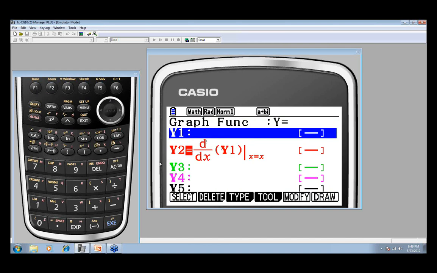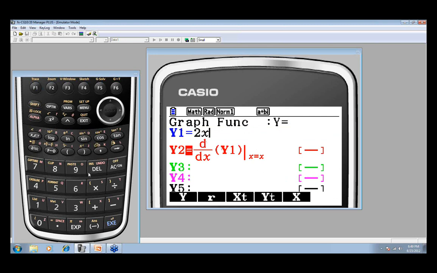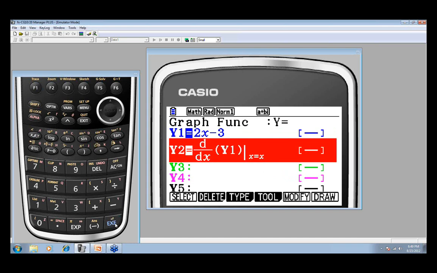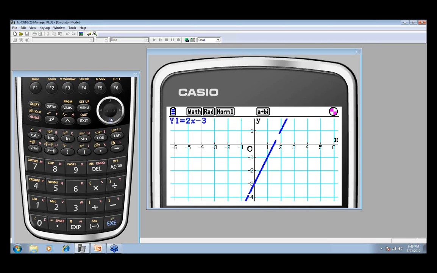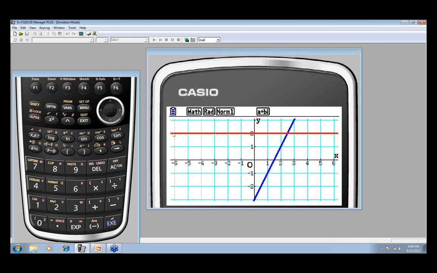Now, the next function we were going to investigate was 2x minus 3. So we're going to investigate 2x minus 3, which you know is just a straight line. It's a straight line, and it's passing through the x-axis at -3. Notice that this line always is going to have a positive slope of, what is the slope here? 1, 2, 2 over 1, so the slope of this line is 2. And notice what the derivative value is. My derivative for this problem is constantly always got a value of 2. The slope of this line is 2. The graph of this line is 2.